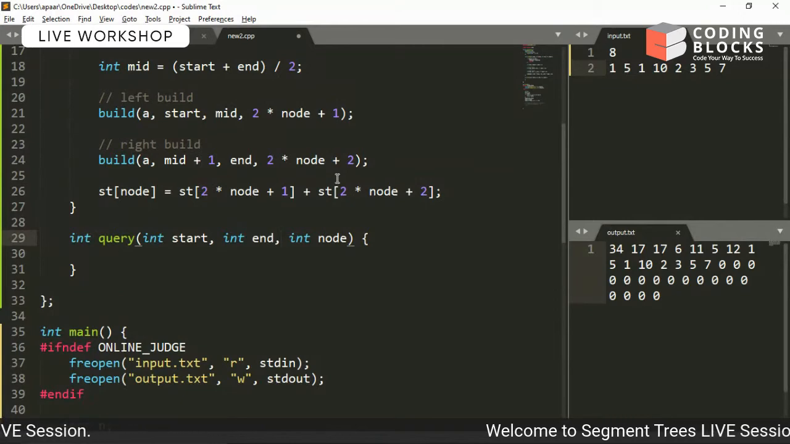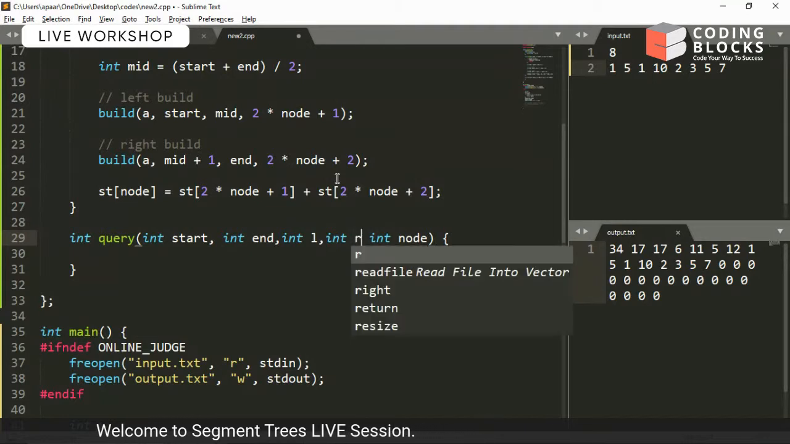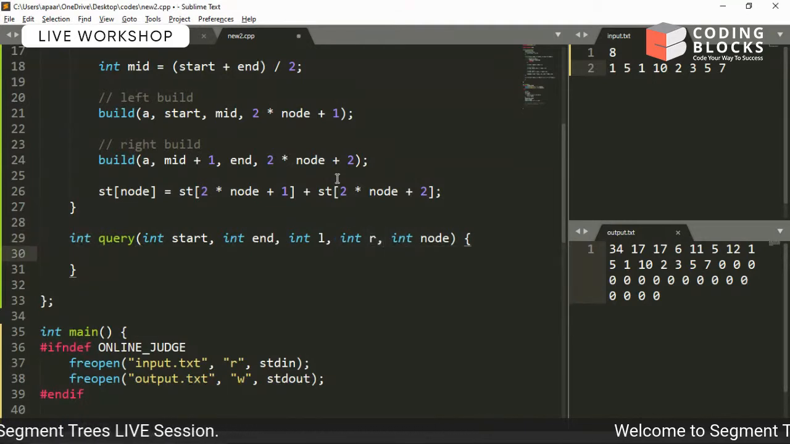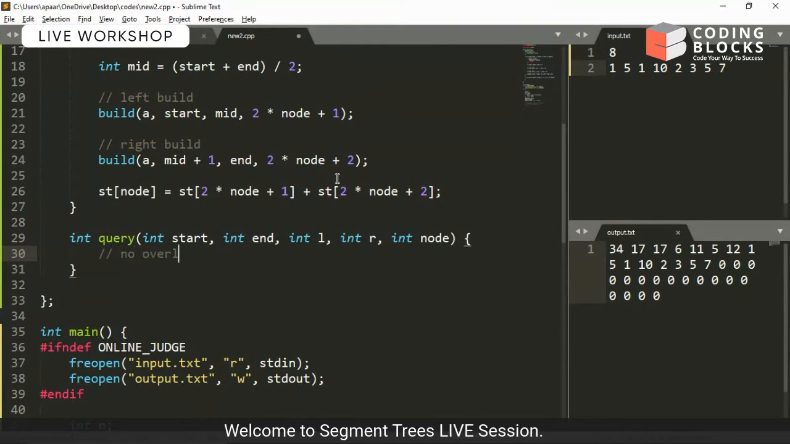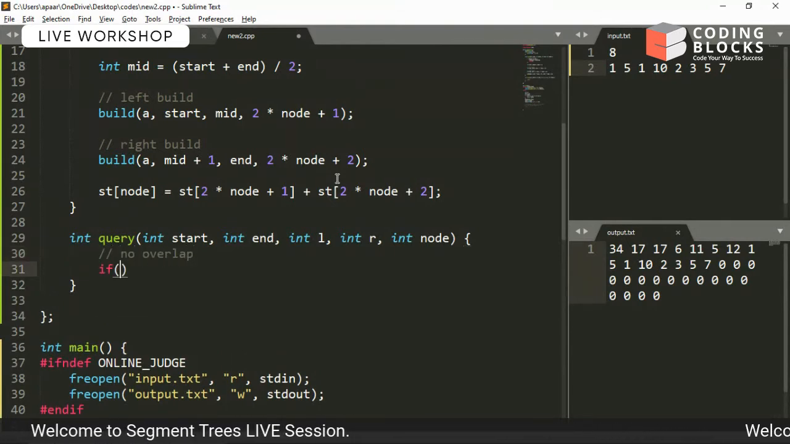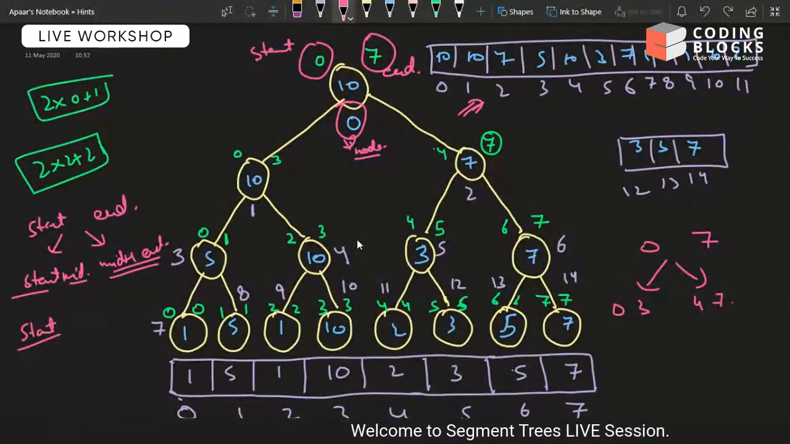So for query, what else do we need? I need the L value, that is the left value of the query, and the right value of the query. We need these 5 things to query. Okay. So now I'm making cases. No overlap case, as already explained to you. What is the condition of no overlap? Again,